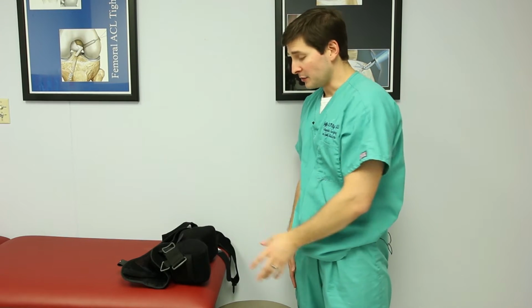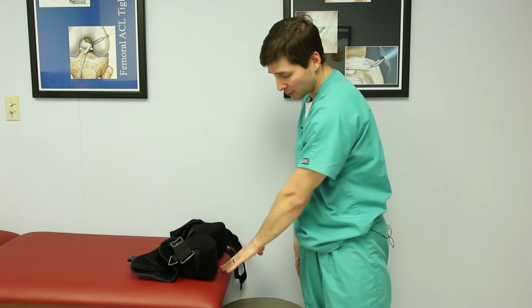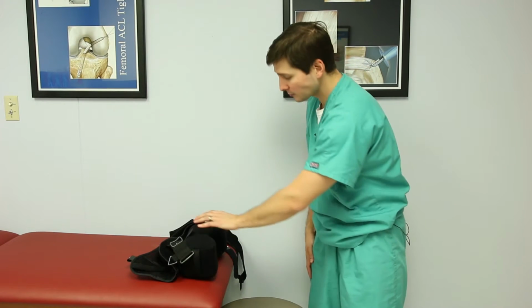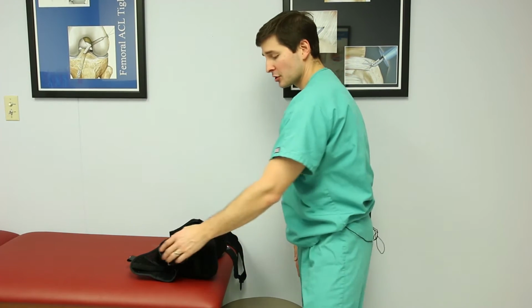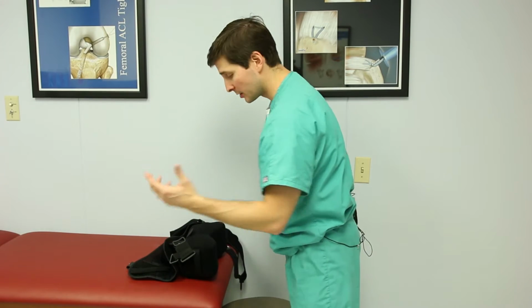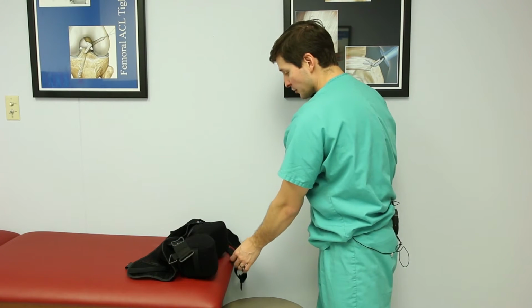I found it helpful if you take the pillow and the sling and set it on a table, on the edge of the table, about at waist height, right next to a chair that you can sit down in. You want to make sure that this sling is open, so you can get that adjusted with the uninjured side. Make sure the sling is open like this, and just have your straps right here